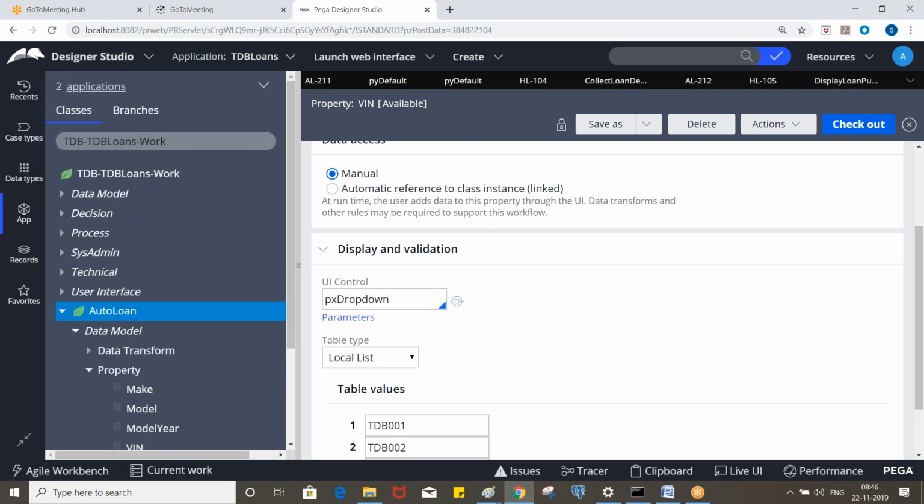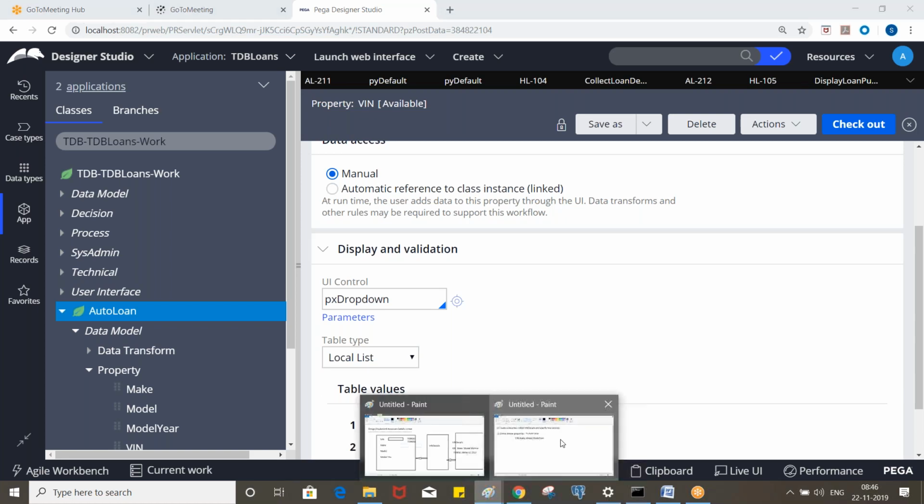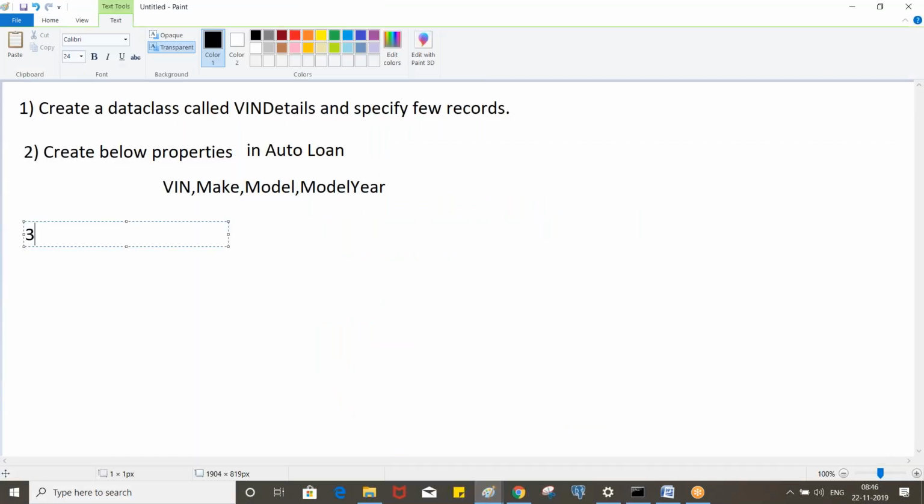So what is the next step? Yes, create a section and specify these properties. Note down the next step: create a section called collect auto loan details and invoke the above properties.